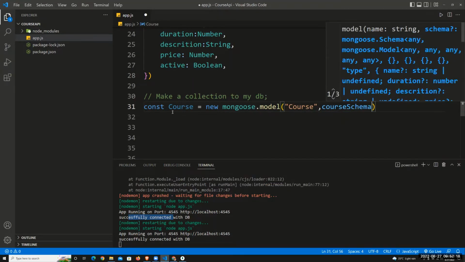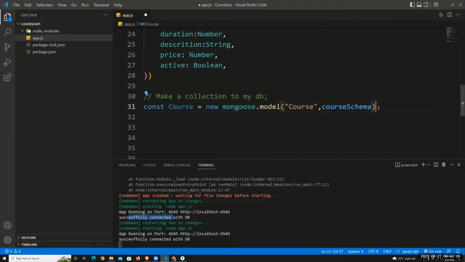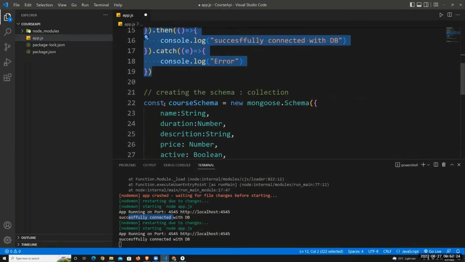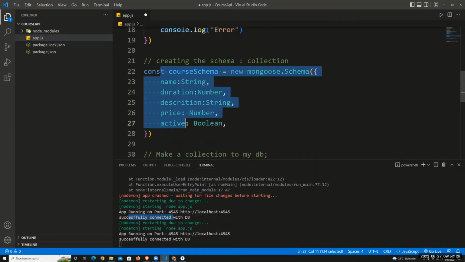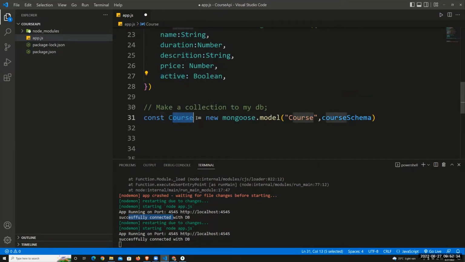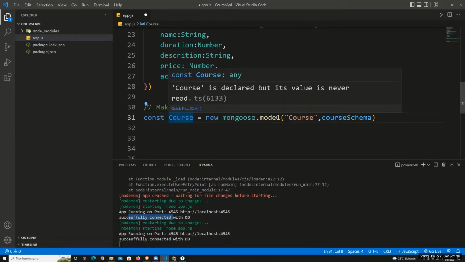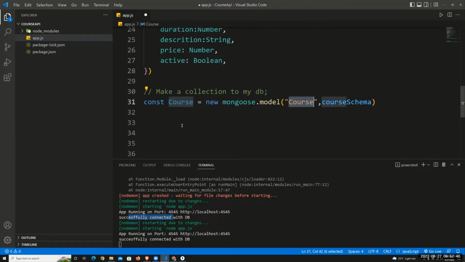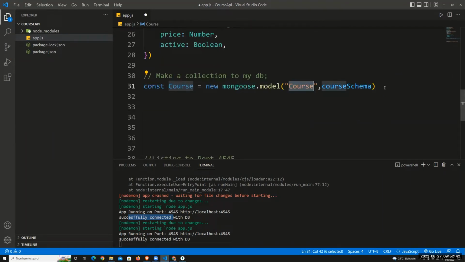So this is the database configuration we require. मतलब पहले हमने डेटाबेस से कनेक्ट किया और उसके बाद मैंने ये कोर्स स्कीमा बनाया। मतलब मेरा कोर्स कैसा दिखेगा, कोर्स में क्या क्या एट्रीब्यूट होंगे, नाम होगा, ड्यूरेशन होगा, डिस्क्रिप्शन होगा, प्राइस होगा, एक्टिव होगा। उसके बाद मैंने कोर्स नाम से एक कलेक्शन बना दिया। ये तो एक रेफरेंस है, ये एक्चुअल कलेक्शन वहां पर जाके बनेगी। ठीक है ये डन है। सो अभी हमने पूरी कॉन्फ़िगरेशन कर ली। सो हमें सब API राउट्स बनाने हैं जिससे कि हम कोर्स बना पाए, उनको अपडेट कर पाए।